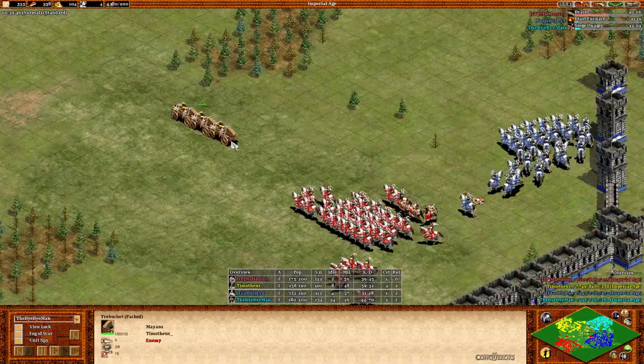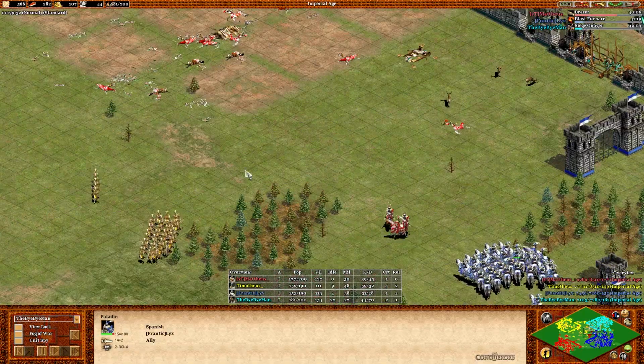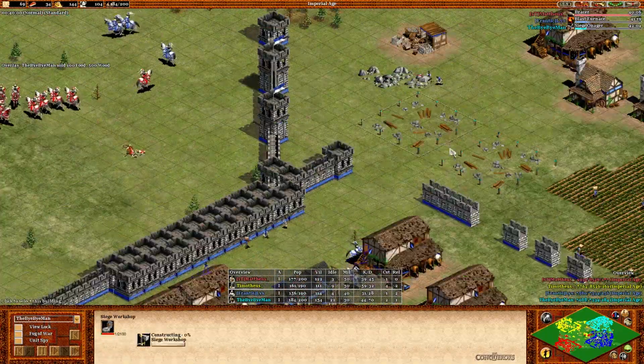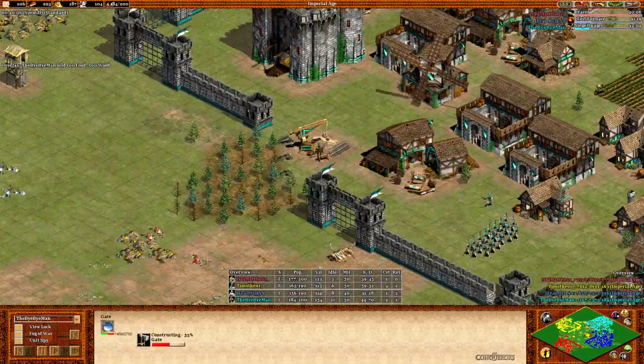But the Trebs are coming in. We'll see what they do with those Trebs. It looks like they probably could have taken that fight, but probably wanted to wait for the Plumed Archers to get in position, but now they're going to miss their opportunity to fight those Paladin. As Mbl is trying to add in some more siege workshops down here, adding another gate in his base